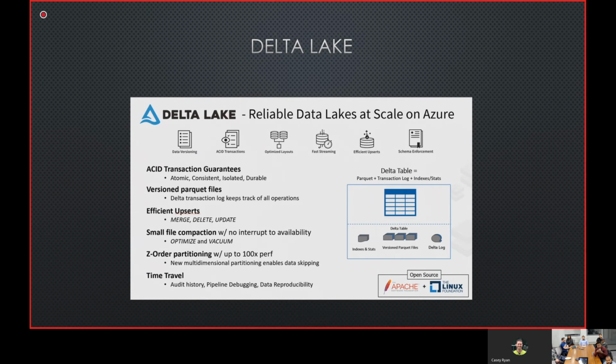The reason I'm blabbering buzzwords at everybody right now is because these are all extremely important and not stuff you would normally get with parquet files. Parquet files, for those who don't know, are immutable. You can't make edits to them. Well, with Delta Lake, with the way it tracks transaction history, you can essentially do that: it recreates the partitions, the parquet files for you, and just keeps track of it in the metadata.